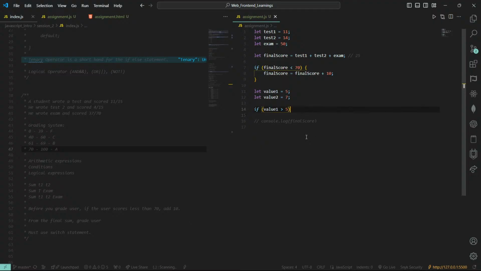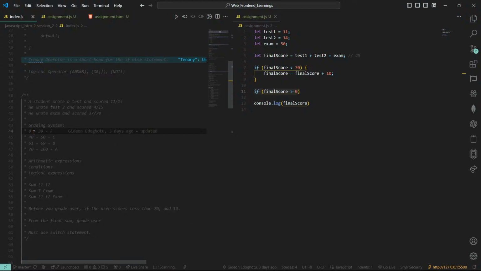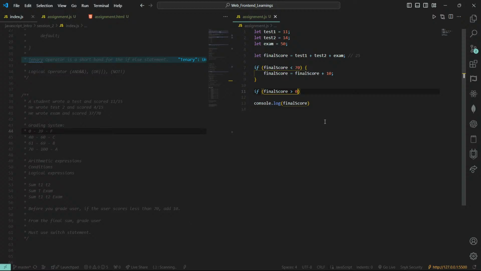So now I want to represent this in code. So 0 to 39. What I will do first is use my AND operator to handle that. So if final score is greater than or equal to 0, and final score is less than or equal to 39,